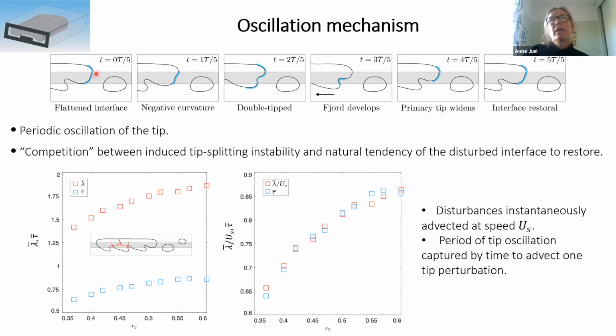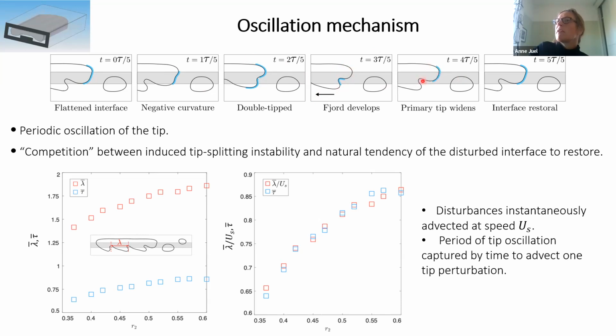And by having it in this 3-bubble formation, the middle bubble applies a pressure perturbation to the tip of the trailing bubble and creates this flattened interface. And a flattened interface in viscous fingering is always unstable, and then it creates essentially a fingering instability at the tip. So that creates this dimple here that grows, and then a fjord develops, and then the two fingers compete,